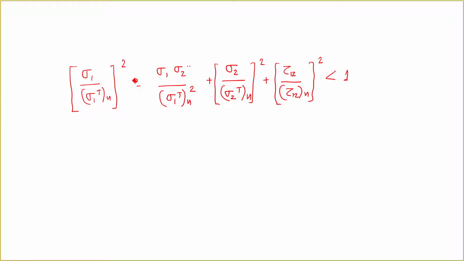Now you can see these two terms, sigma 1 sigma 2, are actually interactive terms where the combined effect of sigma 1 and sigma 2 is there, but the sign was not considered. If you look at the numerator and denominator, in every case the denominator is the corresponding strength, but here for both sigma 1 and sigma 2 it is sigma 1tu squared, irrespective of the sign of sigma 1 and sigma 2. So it was modified like this: